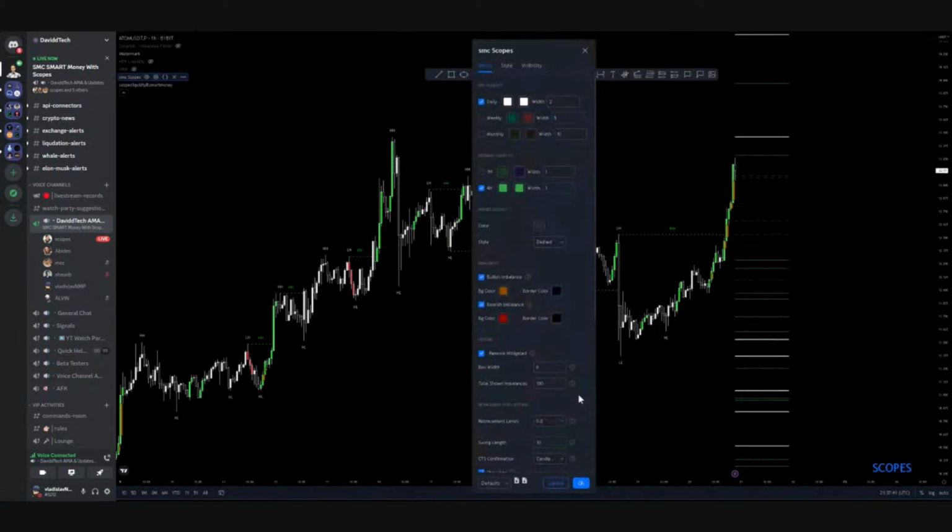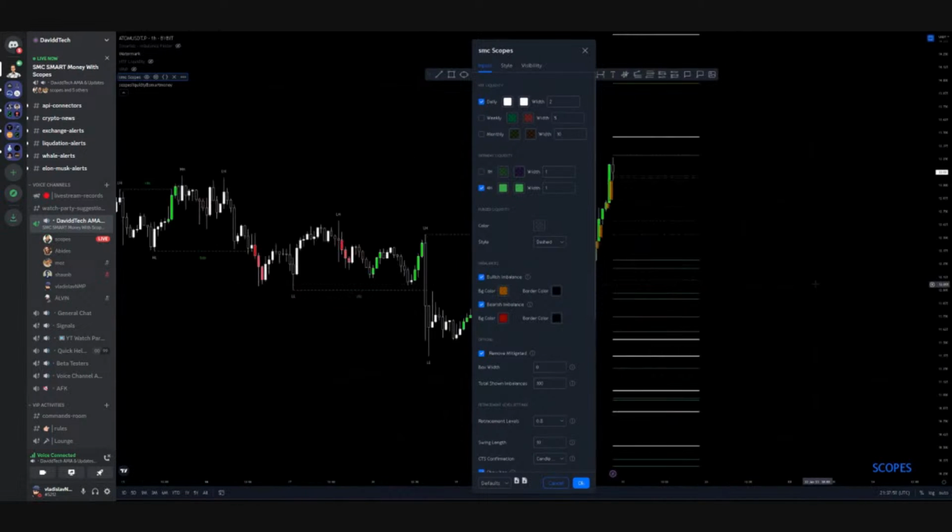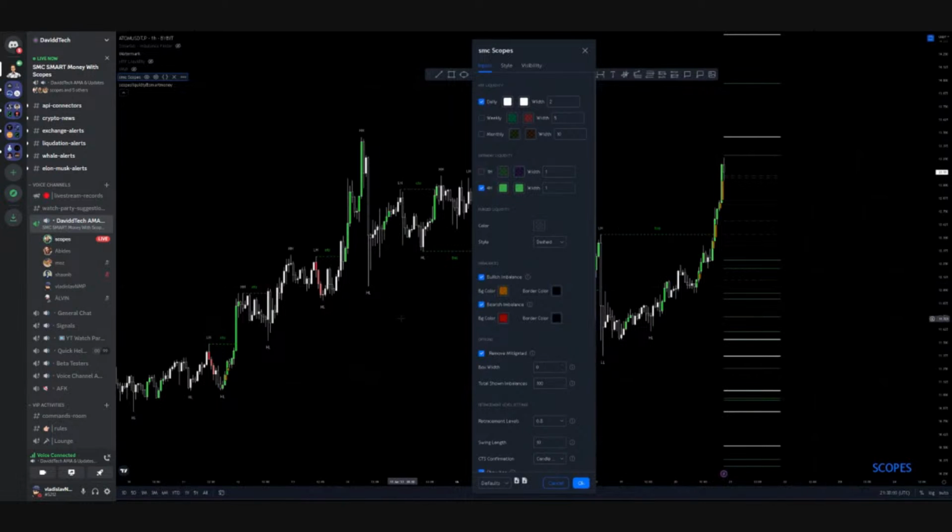These lines here are the liquidity, time frame liquidity. And you can choose the daily, the weekly, the monthly, the 1 hour, or the 4 hourly. Change colors on each one. I only use the 4 hour and the daily. The reason I use the 4 hour is because when I get in a trade after analyzing it, and if you refer to my course or my PDFs, you will see that